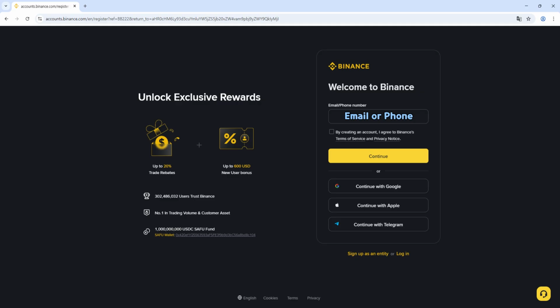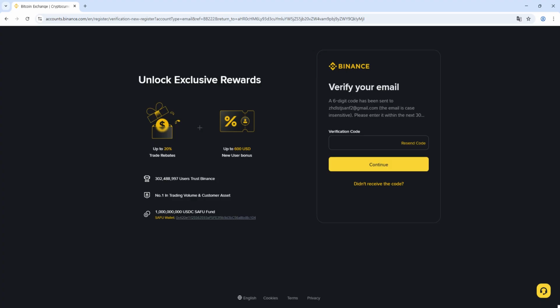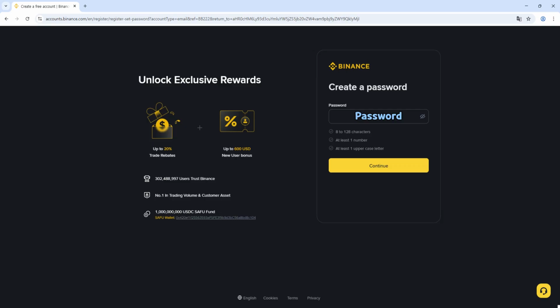Once you have finished entering the information, check the agreement box below and click the Continue button. Please select the image that corresponds to the word shown in the top left. Then enter the verification code sent to the email or mobile number you entered. Next, please set a password. The password must include at least one uppercase letter, one lowercase letter, and one number, and must be at least